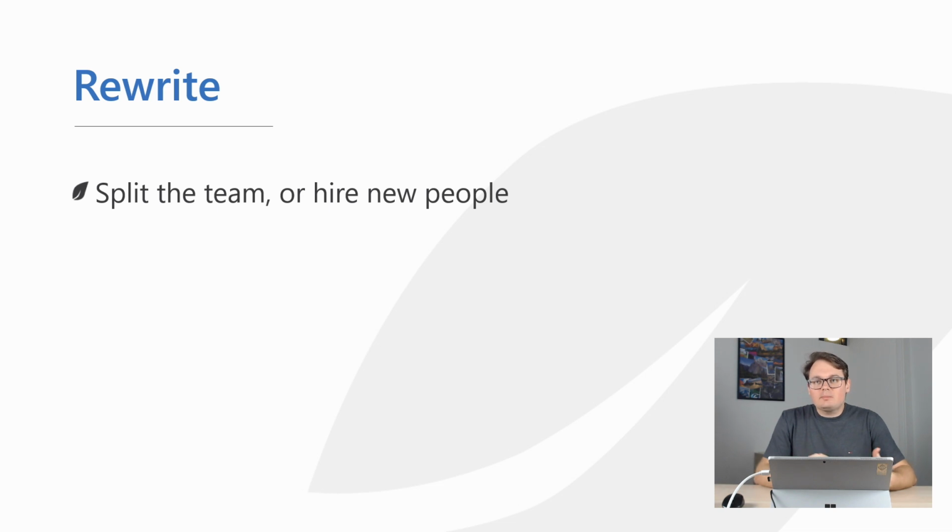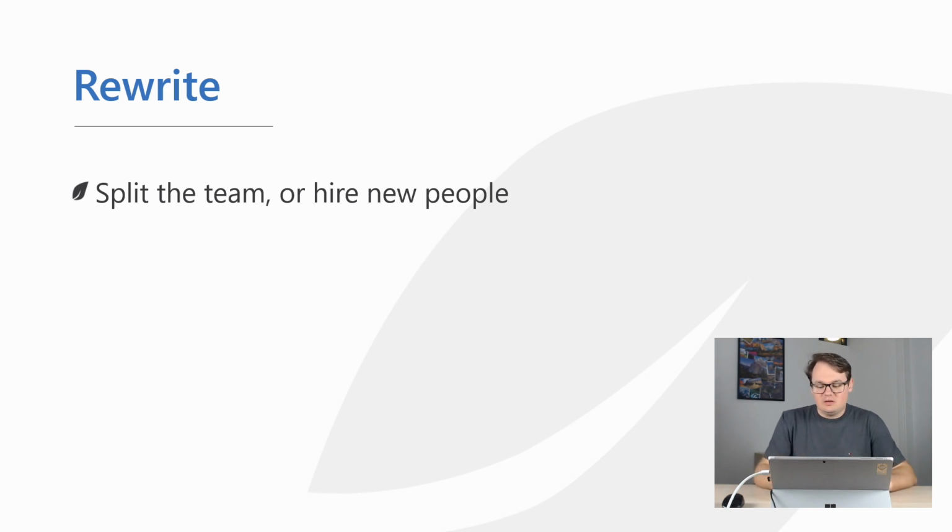And if the old application is still being maintained and developed, it can be quite difficult, because not everybody understands what happens, and so you cannot dedicate people from the team fully to the new application. They will still be asked about how this works, and they will still need to help with the old part. And if you hire new people, it means that there is a very difficult knowledge transfer from the old team to the new team,